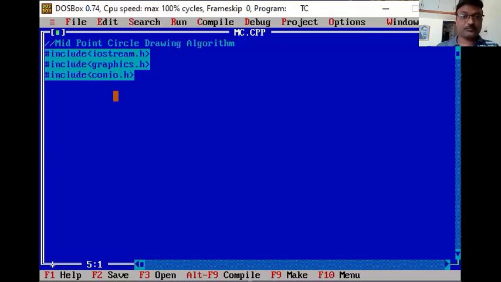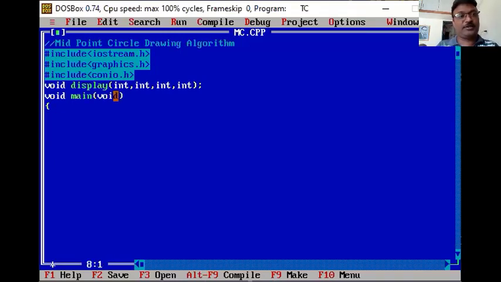Now I have to consider here one display function. So void display function, suppose I have put this for 8-way symmetry, with int, int, and int. So this is my declaration of the function. A function has three parts: first declaration, then definition, and then calling. Then your function is going to complete the entire thing. Then we put the void main function.